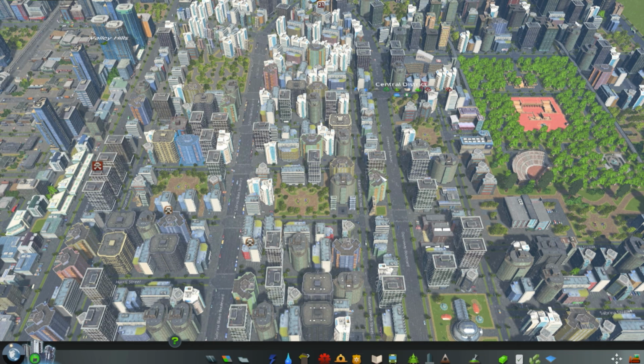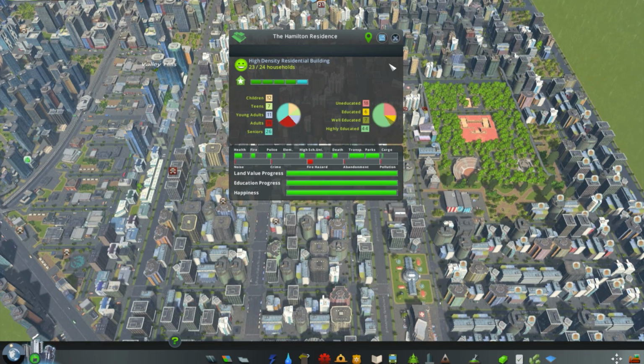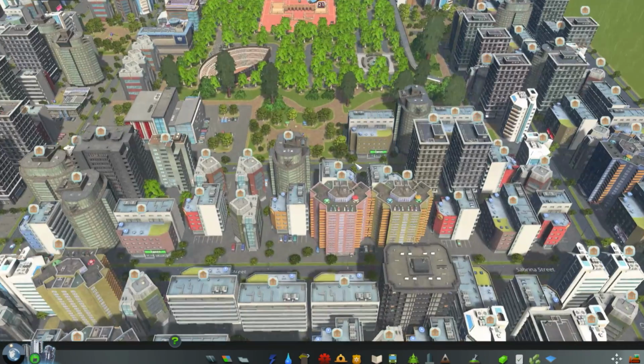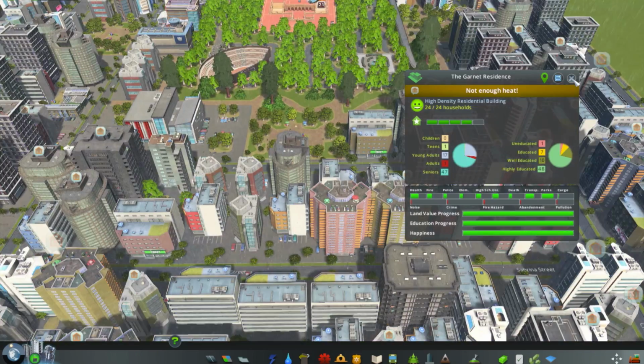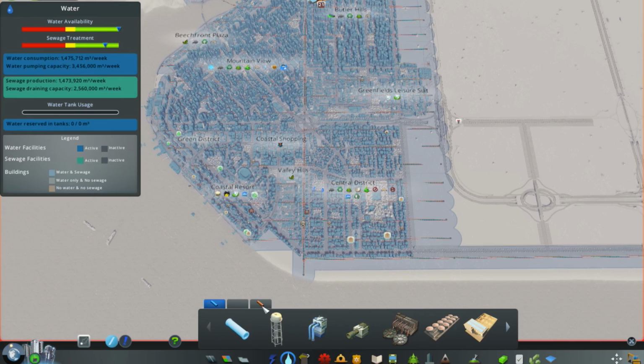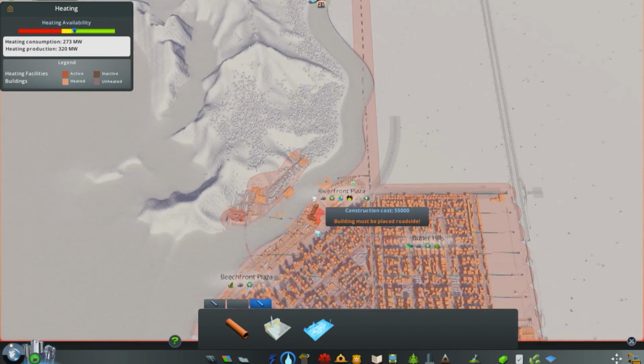Annoyingly, the game is packaging. Sorry about that. The game likes to package whenever it needs to. Oh, we've got some... What is this? Not enough heat. Okay, we've got a little crisis coming on. We don't have enough heat in the area, so what I think I'll do...